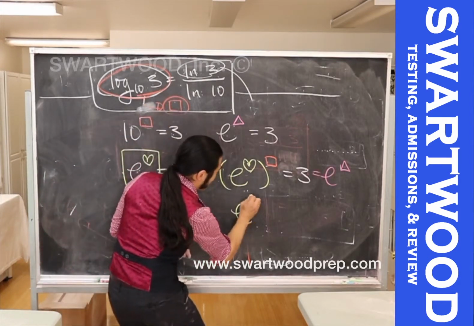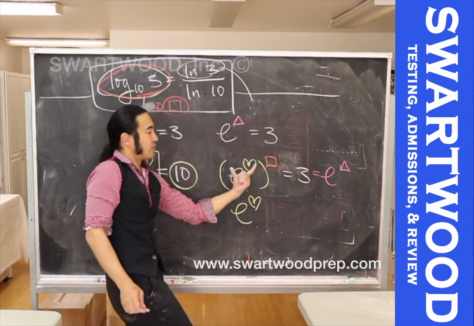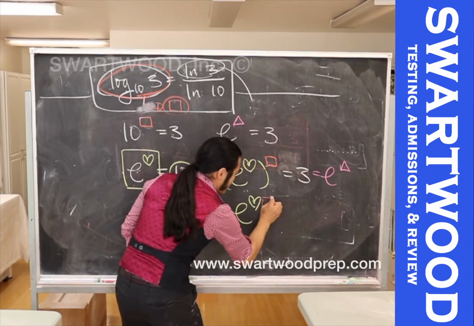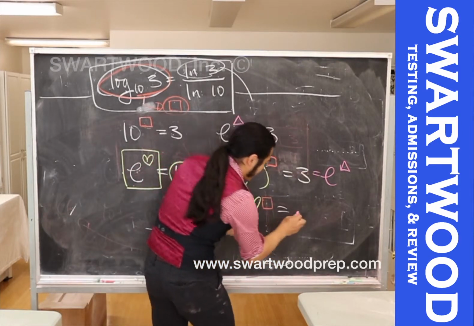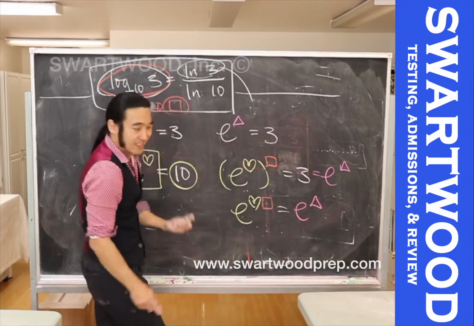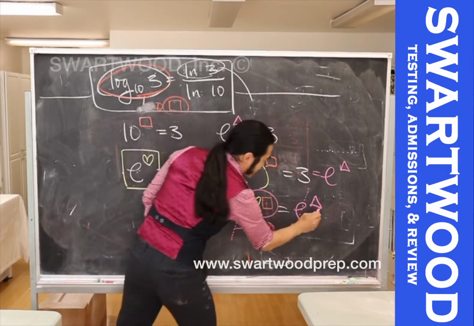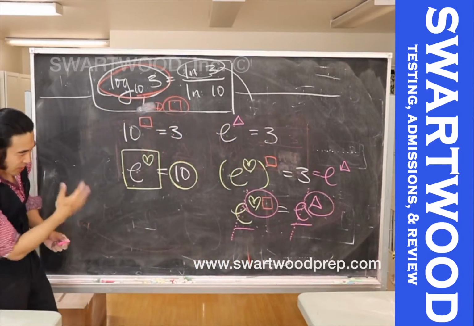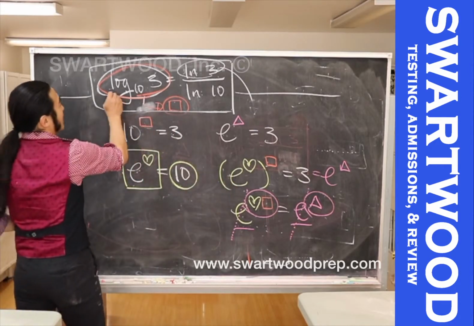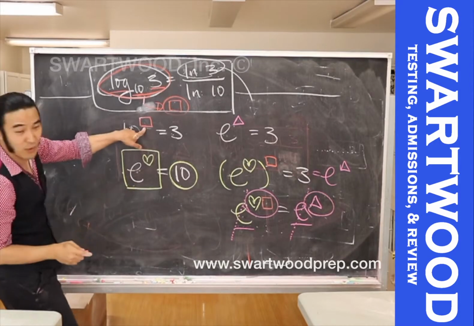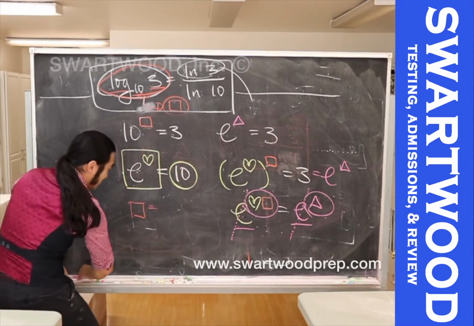So it's e to the heart, which is 10, raised to the square. So when you take e to the heart raised to the square, you just multiply here. So you get e to the heart times square is equal to 3, but 3 is e to the triangle. And since the bases are the same, right, these guys must be the same. Okay, but heart times square is triangle. No big deal, right? But what do we want? We want log base 10 of 3, and that's what we called square. Okay, so we're going to solve for square. So square is equal to triangle